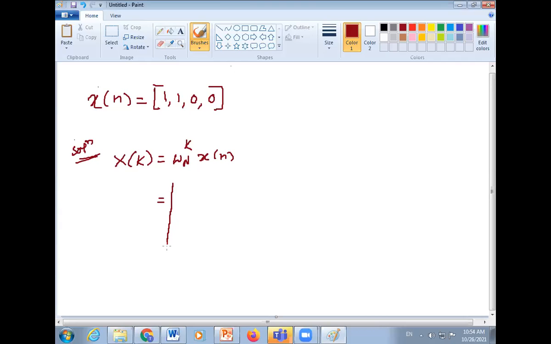W_N to the power k, we write as the matrix 1, 1, 1, 1, and all of the first column 1. Then minus j, minus 1, and j. Then minus 1, 1, minus 1, and then j, minus 1, minus j, which is multiplied with